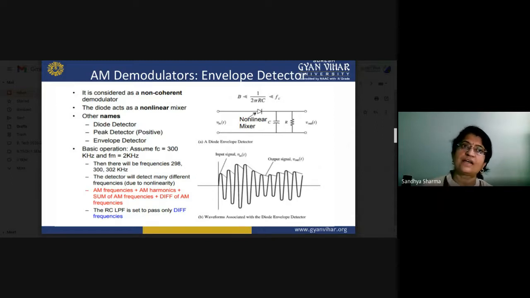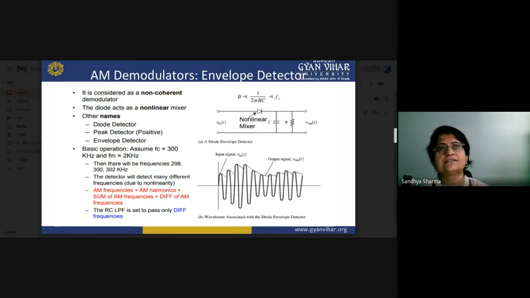So there is no need to generate the same phase and frequency carrier signals for getting the message signal, because generating the same phase and same frequency signals at the receiver is a very tough task. Due to the complicated circuitry, the circuit may be much more complicated and more costly, and to avoid this we work with the envelope detector method.